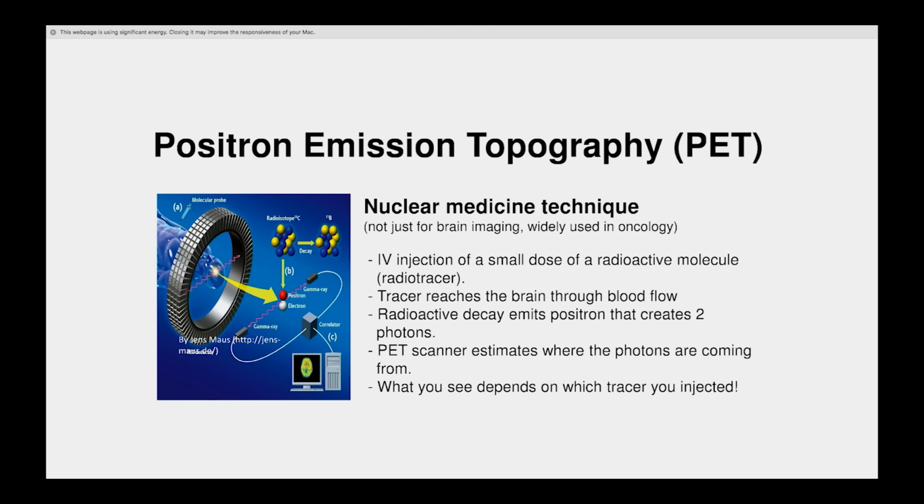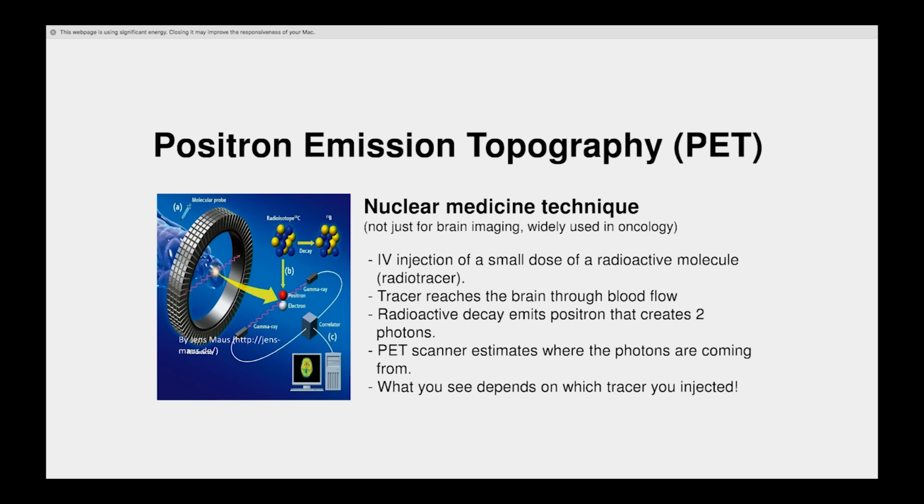So for example, if we put a piece that fits onto the amyloid plaque and then we tag that piece with something radioactive, the piece will go to the amyloid plaque and emit the positron, and then that complicated machine will detect the positron and say, I see that this molecule that you tagged is hanging out in the brain. Whereas if there's nothing in the brain, it's going to pass through the blood, go to the brain, find nothing to latch onto, then be cleared, and when we take an image nothing is going to happen. We're not going to get any positron. Does that make sense? Great.